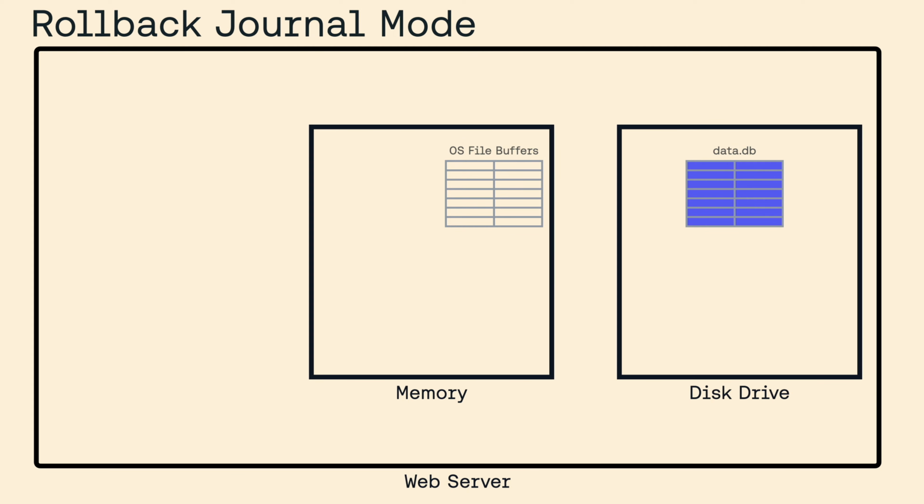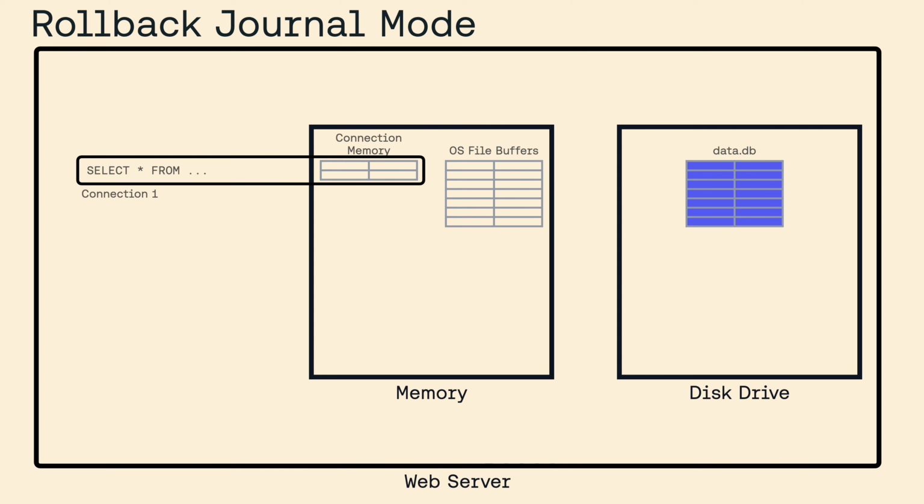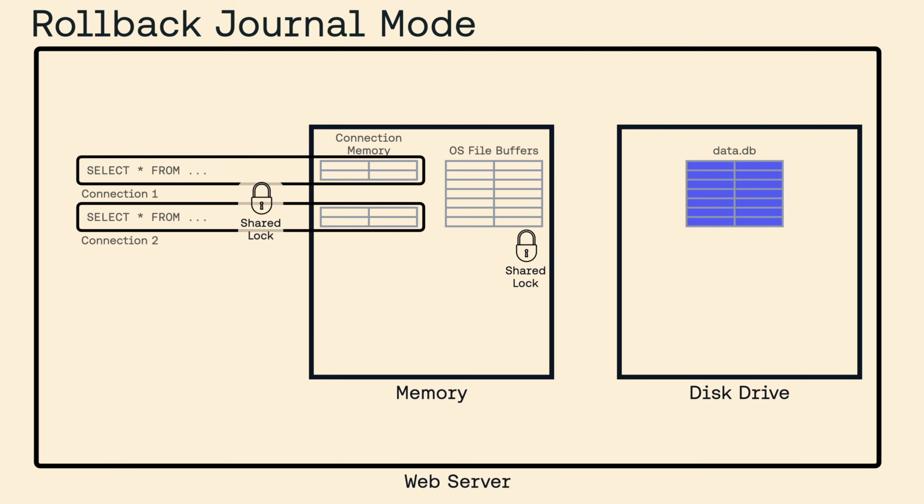Okay, let's walk through a more detailed look at how read operations work in SQLite. So, when a connection is made to query some data, the first thing that happens is a shared lock is obtained on the database file, but technically the lock is stored in the volatile OS buffers for the file. So what's this shared lock do? I mean, what's it used for? Well, when there's a shared lock, it means at least one read operation is happening in SQLite, but there could be more than one read operation, because a shared lock doesn't prevent concurrent read operations, but it does prevent concurrent